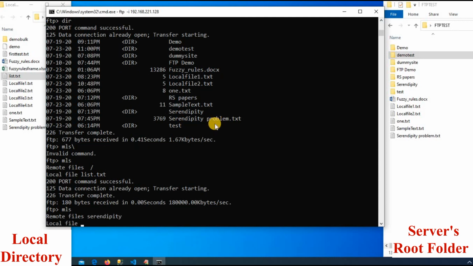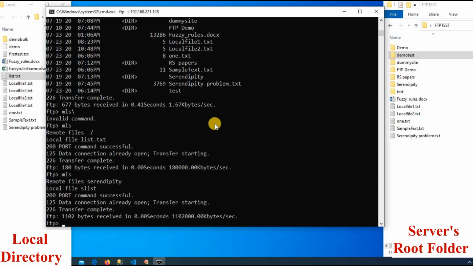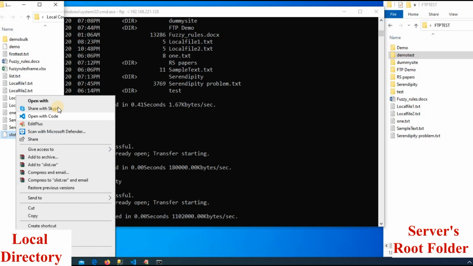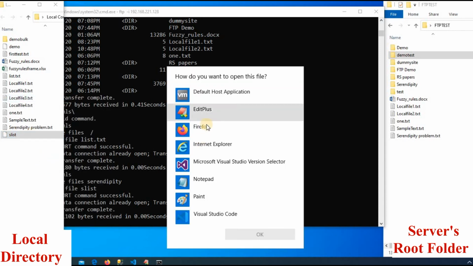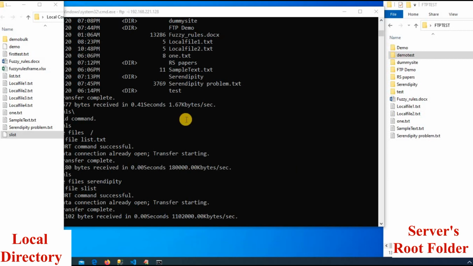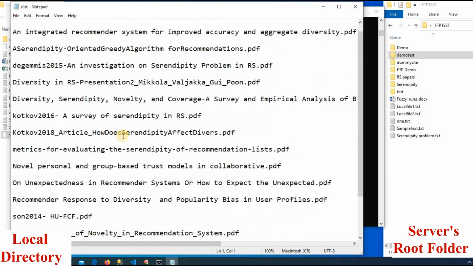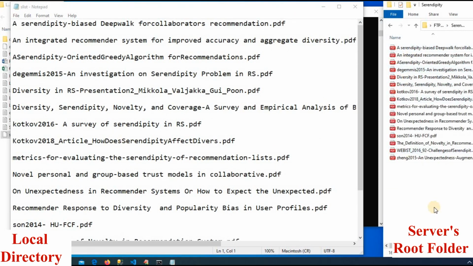In the local file, I'll type slist. As you can see, it is showing list, but I didn't mention the type of this one. So you need to right click this one, click on open with and select notepad. So these are the list of files available over here and the same is downloaded here.